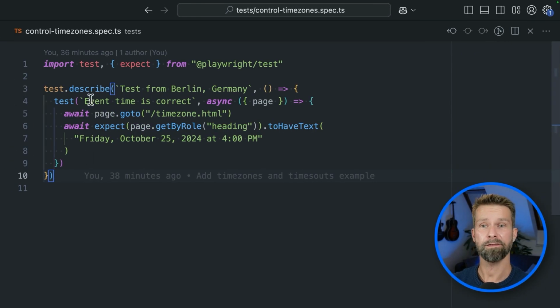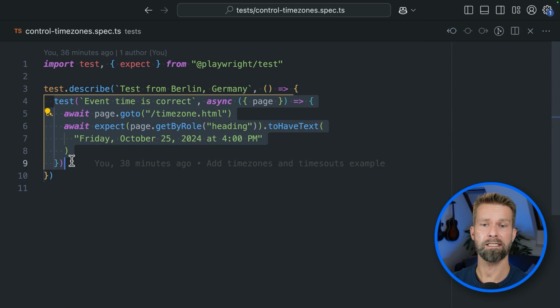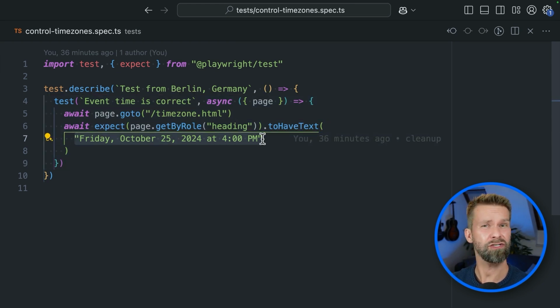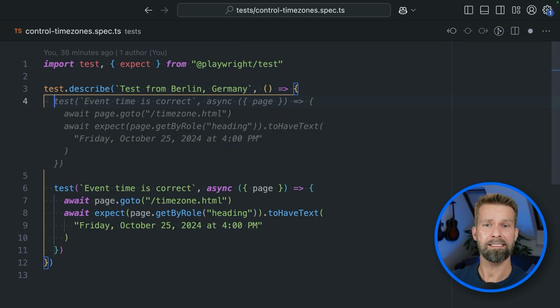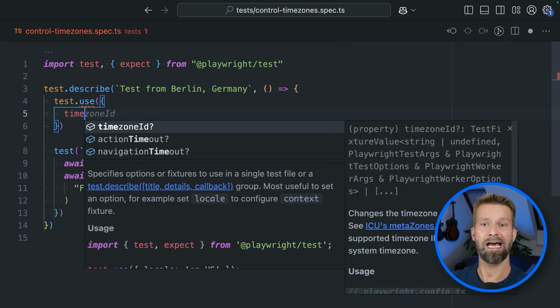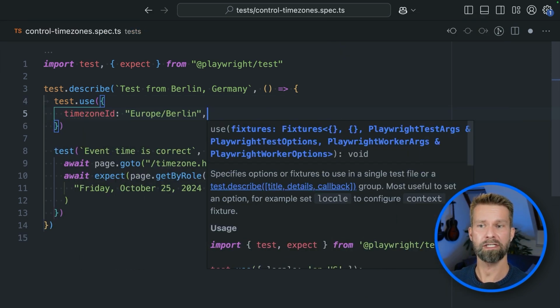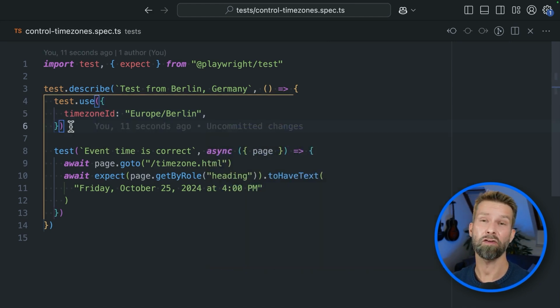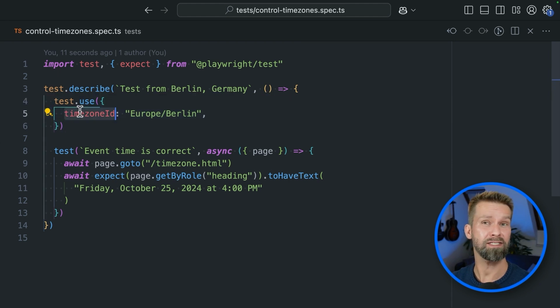When we look at the spec file, it defines a test group using test describe, and here we have this test case that only holds 2 instructions. And to define what time zone this assertion should work with, we can go ahead and define test use, and now we can set a time zone ID, which in our case should be Europe Berlin. And this doesn't change the result of our test case,